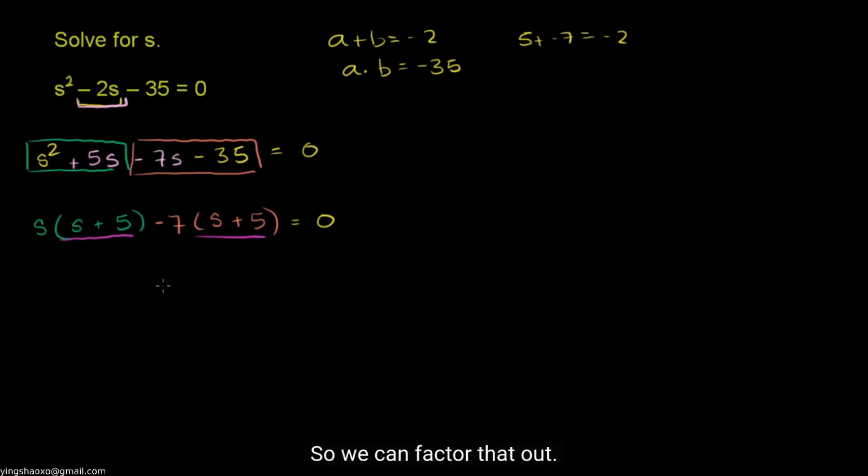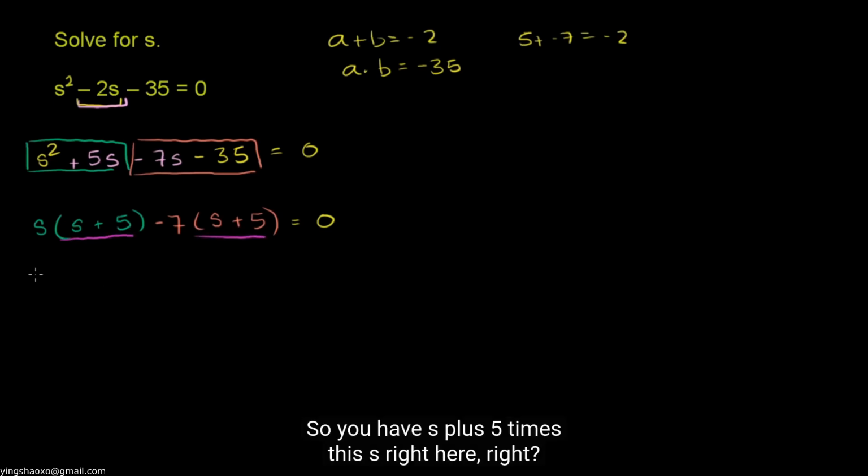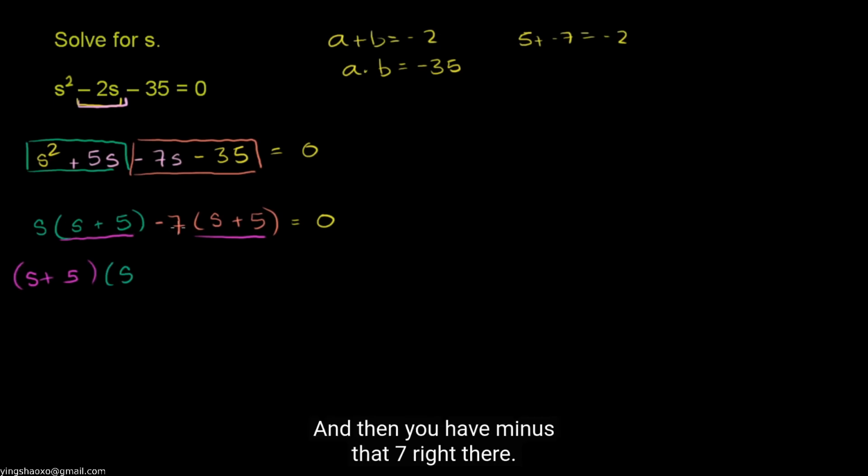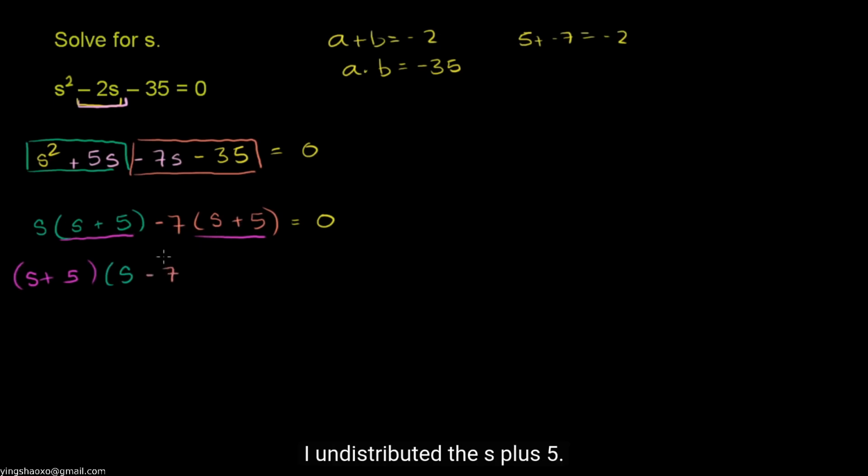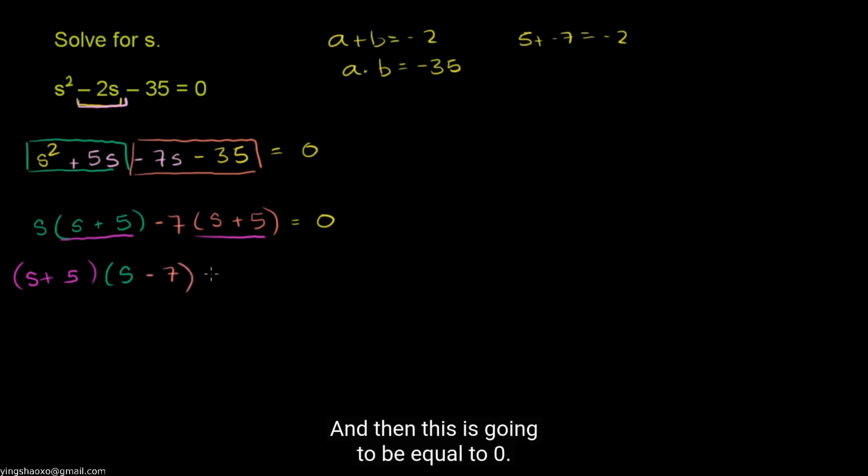So we can factor that out. So let's do that. So you have s plus 5 times this s, right? S plus 5 times s would give you this term. And then you have minus that 7 right there. I undistributed the s plus 5. And then this is going to be equal to